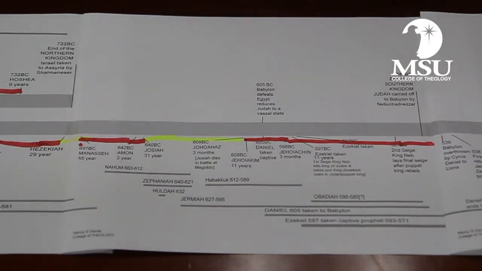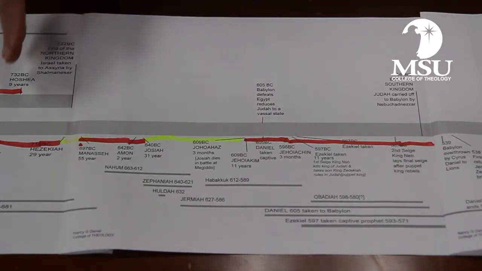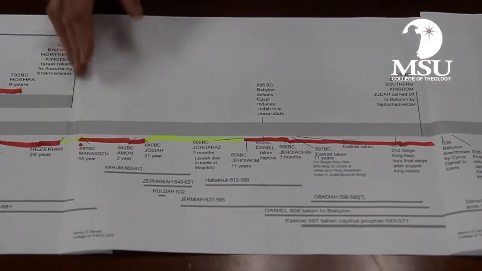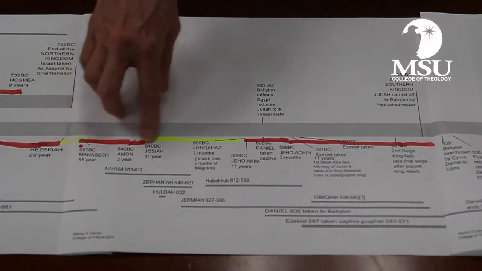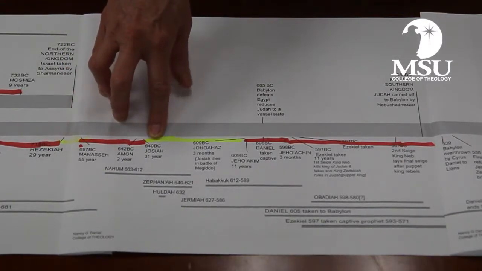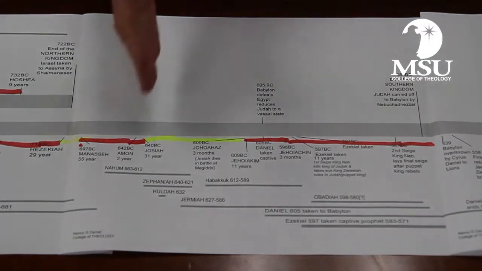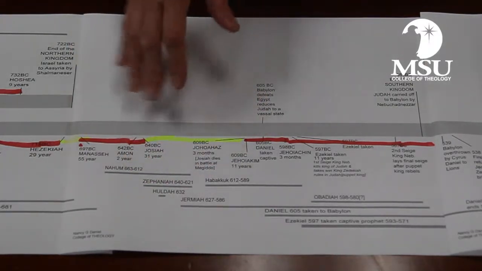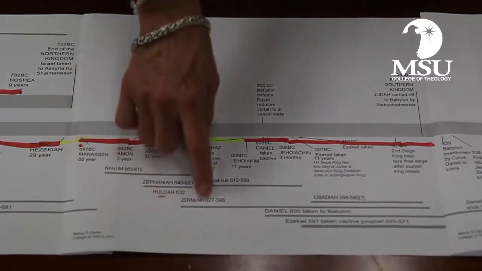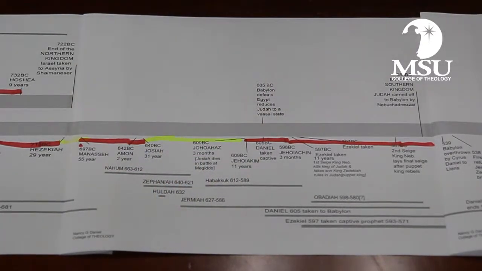Egypt is doing a few things too, but Babylon is starting to rise up in the Middle East in power. Now, here we have Manasseh entering into this, and Josiah. Josiah sees the book of the law, and he realizes how far short his dad and grandfather fell and all the evil they did. He starts trying to get things moved back and get the law set up. We see all these different prophets that are coming in to speak at the time.